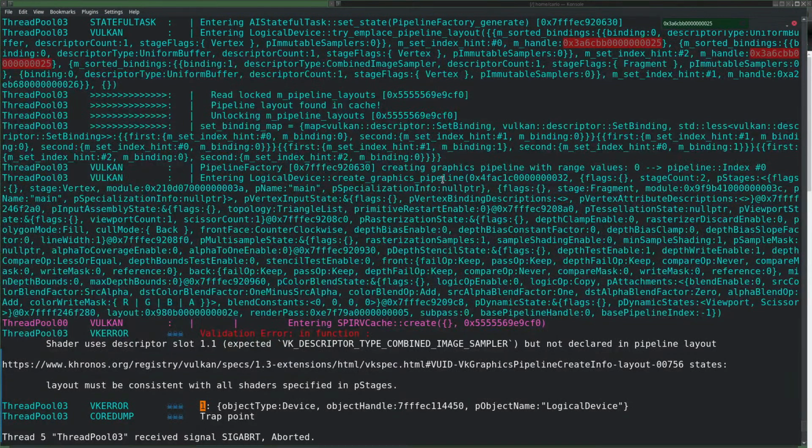Creating pipeline. Yeah, we have two shaders. This one and this one. Well, it should be this one because that's a fragment shader.